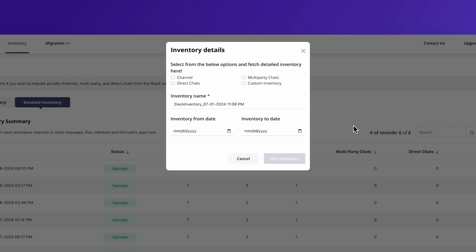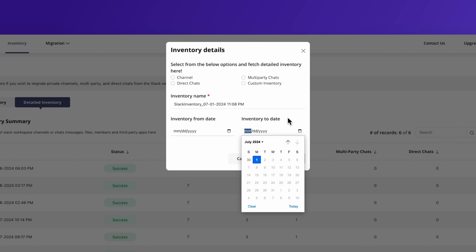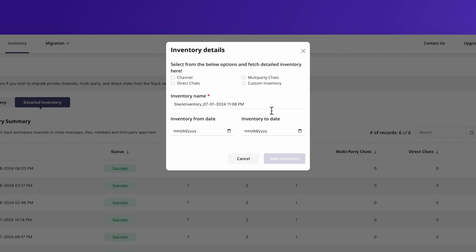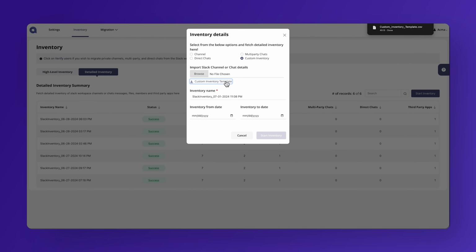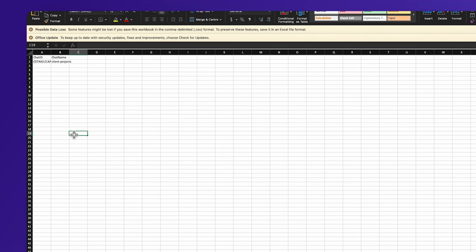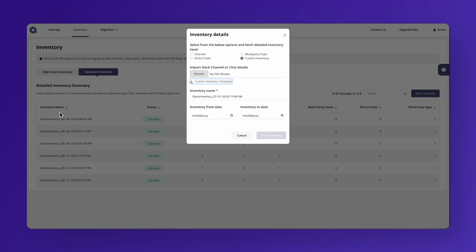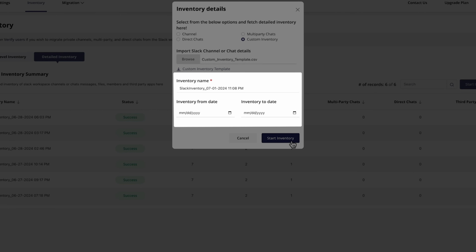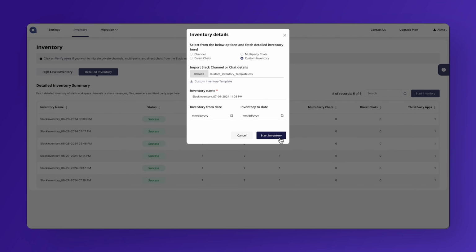Here, you can customize preferences such as channels, multi-party, or direct chats, and select a date and time of your choice. And for a custom inventory of specific channels, DMs, and MMs, you can download the provided template. Fill in other necessary details such as chat ID and name, utilizing the export details from the high-level inventory. You can also rename the inventory and customize the start and end date for assessing your workspace for a specific